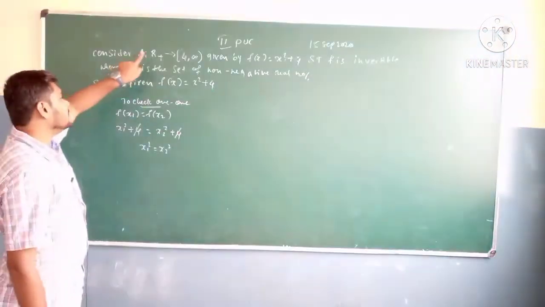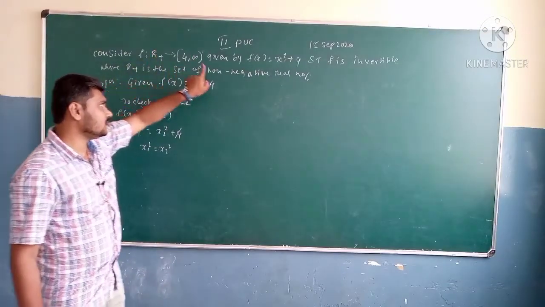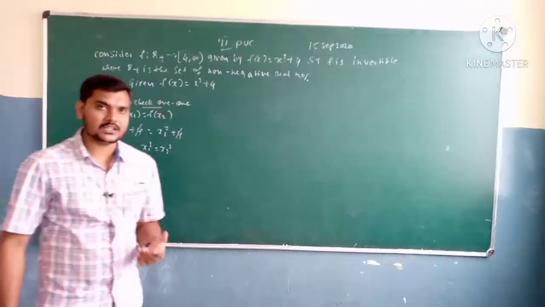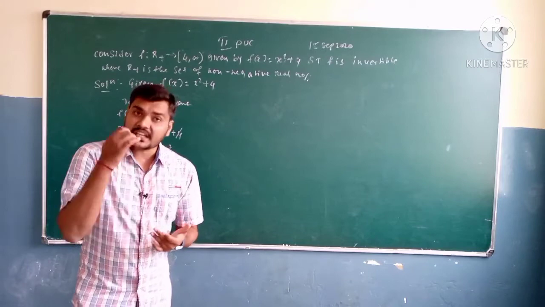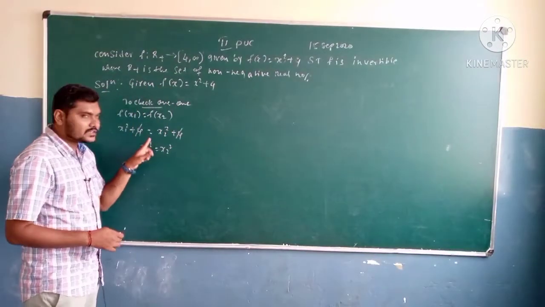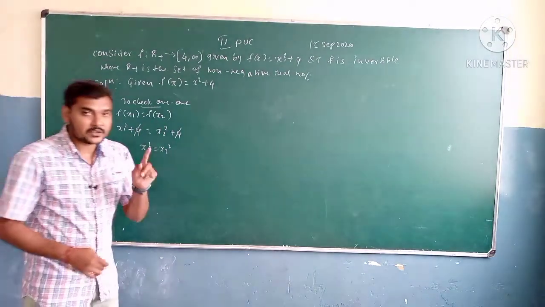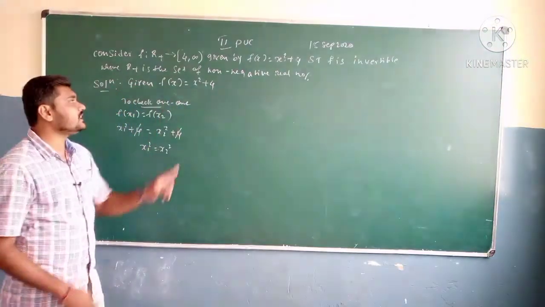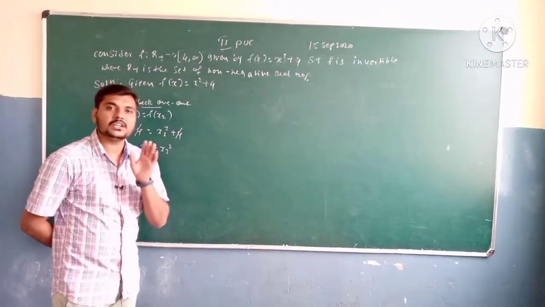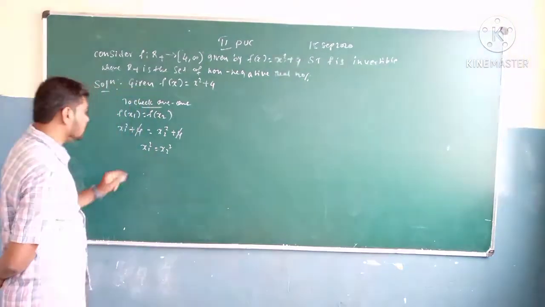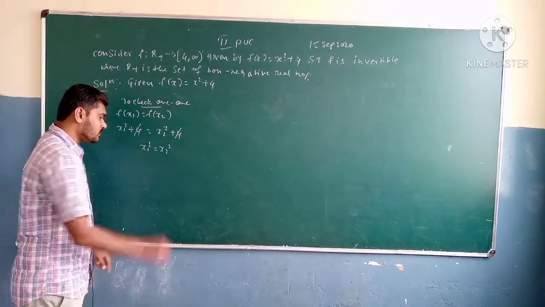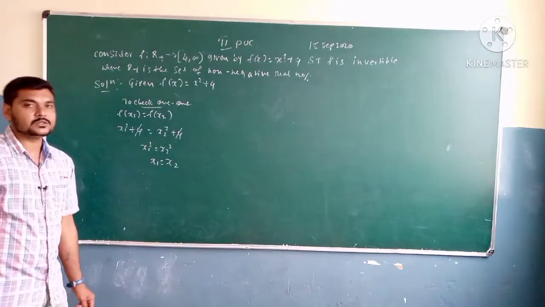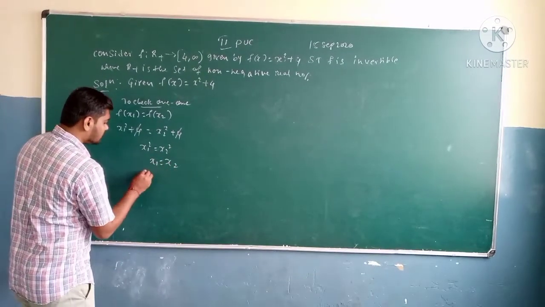Now here they are saying R plus. That's going to be non-negative real numbers. That means in the domain of the function there will be no negative numbers. If there were negative numbers, taking x1 square would not necessarily give x2 square. When the domain contains negative real numbers that can happen, but here it contains only the non-negative real numbers. Then x1 square equals x2 square implies x1 is equal to x2 only.